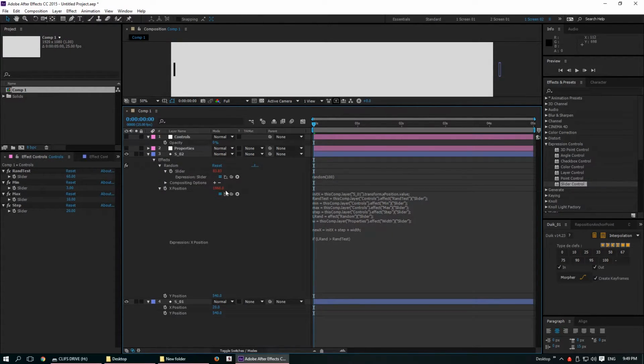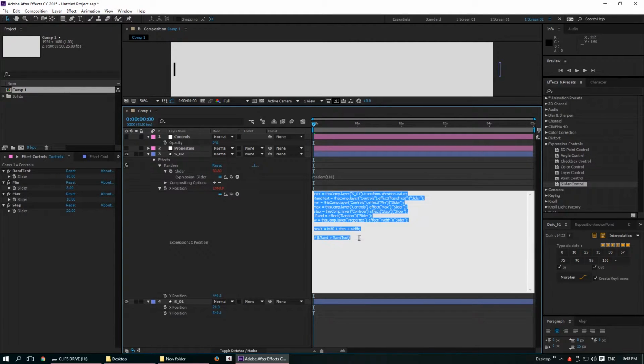So click away from there, 83. At the moment, this is going to provide true because lrand, layer random, is 83 and random test is 60. So if lrand is greater than rand test, then we're going to do some stuff. And we want new x to equal initial x plus step